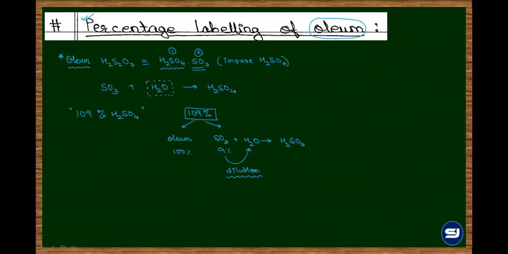तो अब लेबलिंग में कॉन्सेप्ट क्या है वो बताता हूँ. Once again I write the formula of SO3 and water giving you H2SO4. Is this a balanced reaction? Yes, sir. It is a direct balanced reaction. मतलब 1 mole of SO3 will react with 1 mole of water to produce 1 mole of sulfuric acid. It would also mean that 80 gram SO3 requires 18 gram of water.